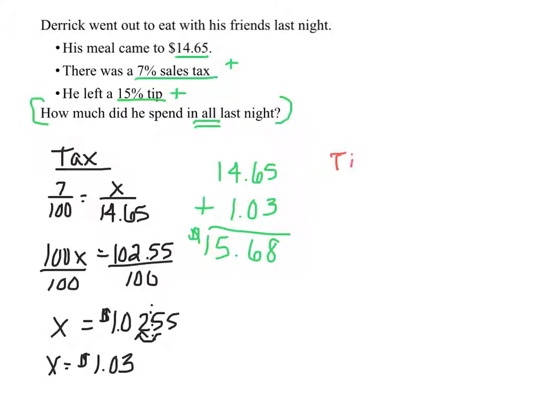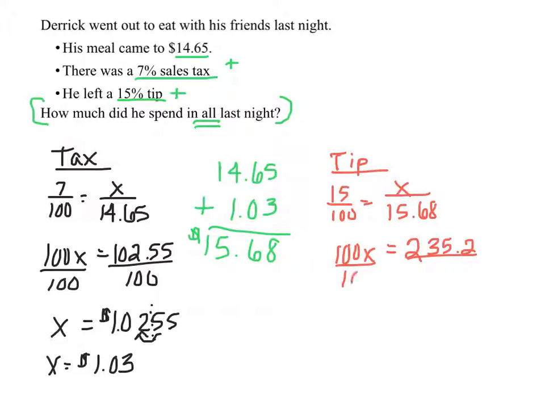However, now he leaves a tip. So our tip is 15%, so 15 over 100 equals x over the total with the tax. I cross multiply and get 100x equals 235.2. I'm going to divide both sides by 100 and get x equals $2.35 for my tip. Last step is to add the $15.68, what my total was with tax, plus the tip